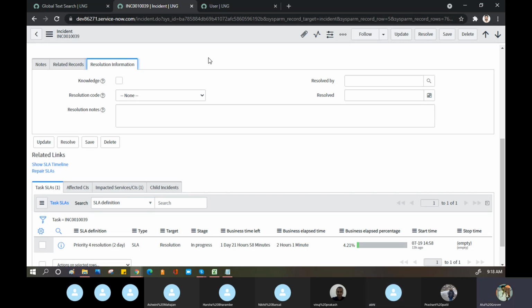Tanvi, Harsha, yes, go ahead. The notes and related records deal with the history of the particular record and give some information related to the incident raised. You guys are still looking only at notes. I'm saying take these three as one bench and these four as a second bench. Why are these two benches in separate form sections? Why not put these four in one place here?